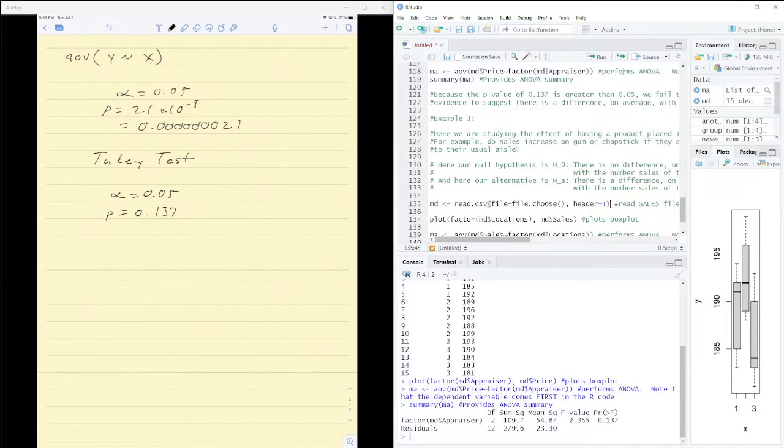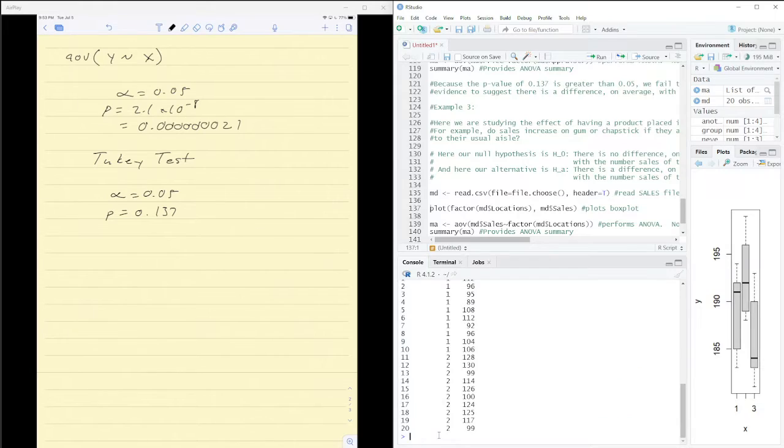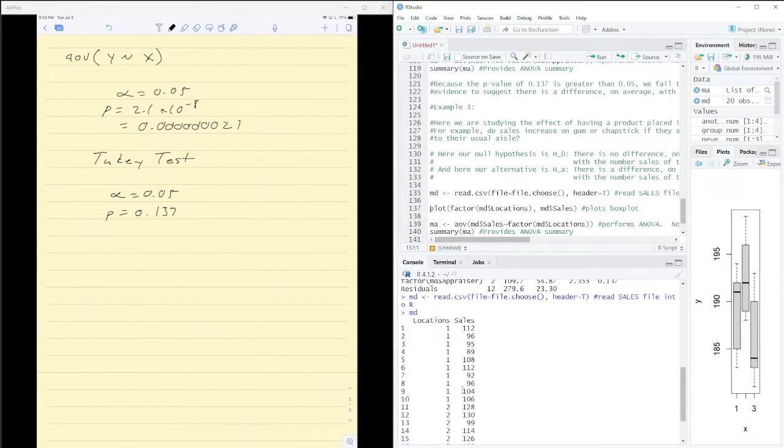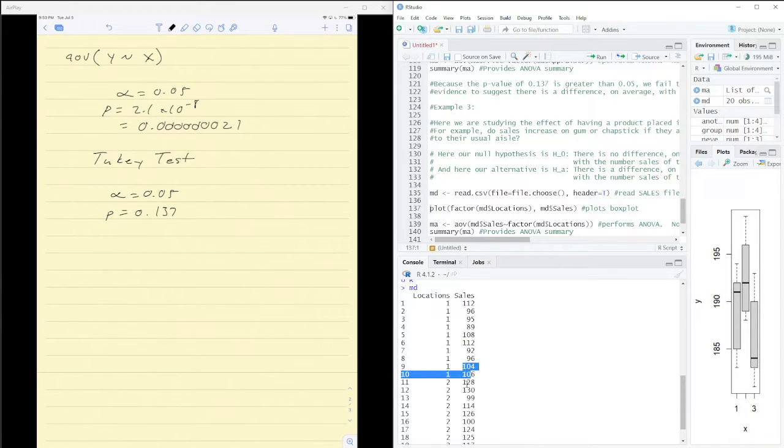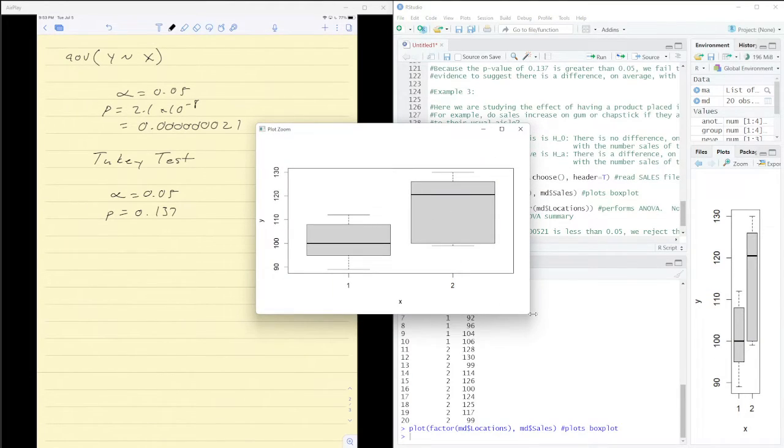We're going to read in the data. We're going to read in the sales file, which I have on my computer. Okay. So if we look at what this data looks like, we have whether an item was placed in 1 or 2 locations and how many units of it sold. We can look at a plot, and we can see